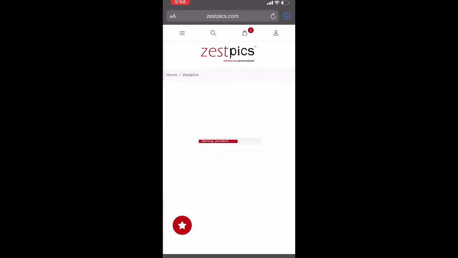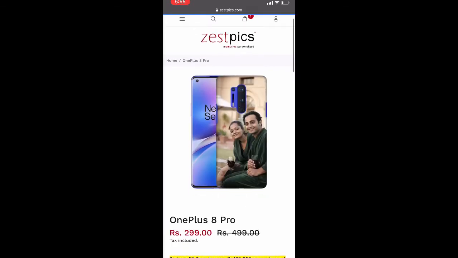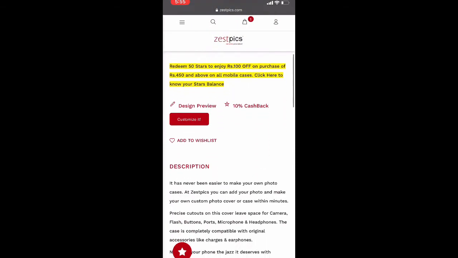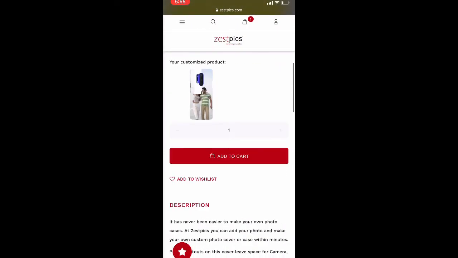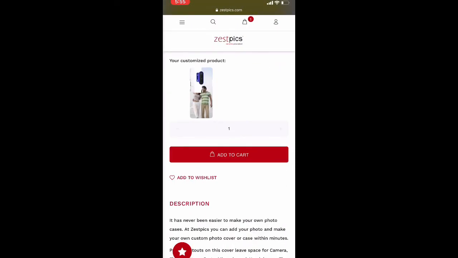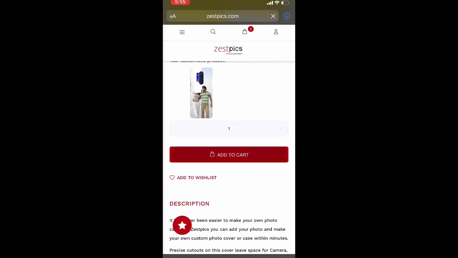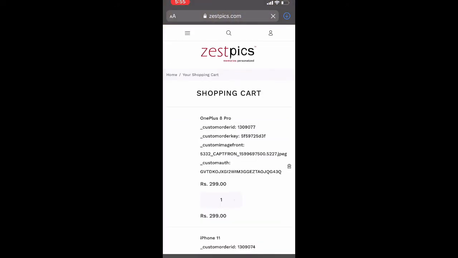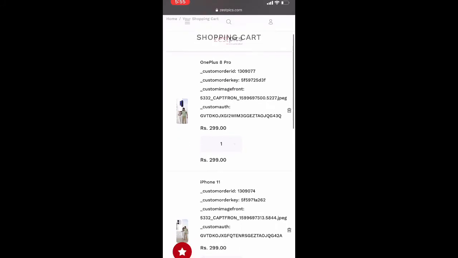Yes. Again it loads to the product page. At the bottom of customize it, you can see the designed or customized product. It takes some more time. Again, here also we got a white space. No need to worry, it won't get printed on the actual mobile case. It's a technical error from our end. Extremely sorry for the inconvenience. Now go for add to cart. Here we have two mobile cases in our cart.